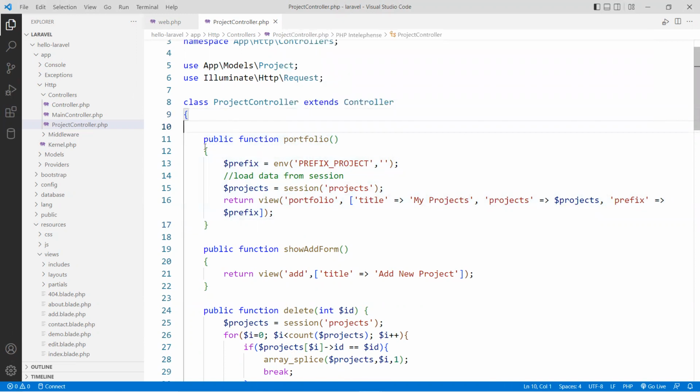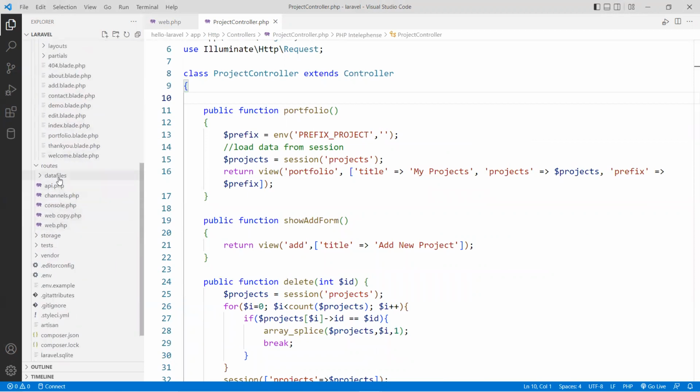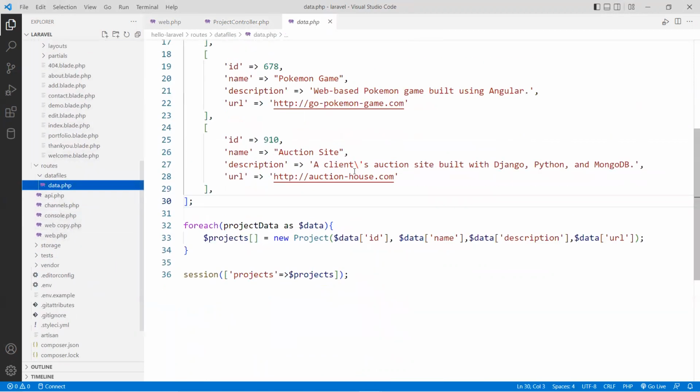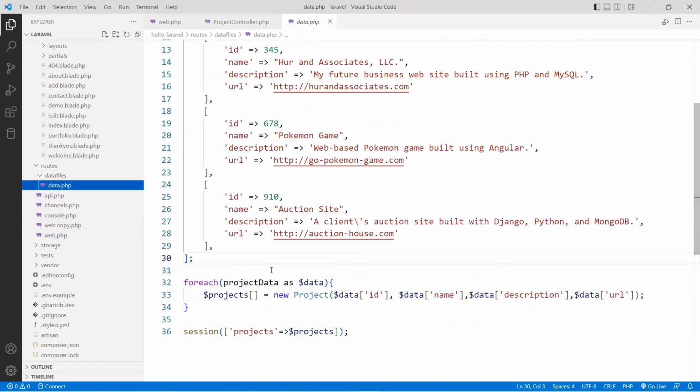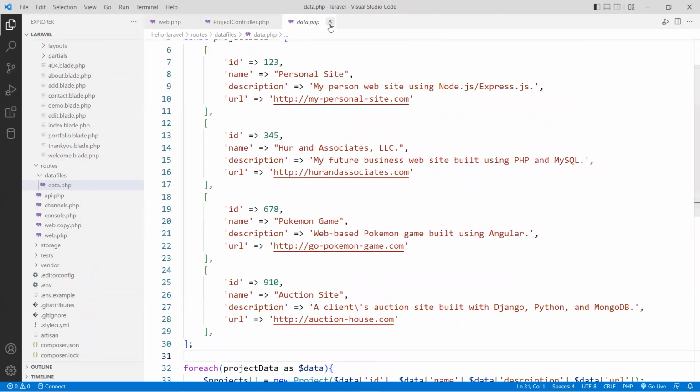So that means we're not going to use the data anymore. So from this data file here, I'm not going to use this anymore to inject data. You can leave this as is, or you can remove it. That's fine, but you can leave it as is. It's okay. So now I'm going to